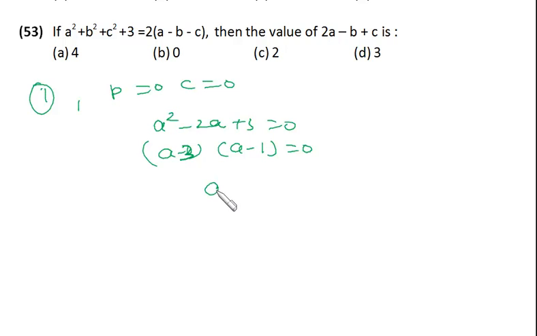Okay, so a is equal to 1 or 3. Now if I put a is equal to 1, then I get the answer as 2 because b and c are 0. Or if I get a is equal to 3, then I'll be getting 6, which is not there in the option, right? So my answer is 2. Alternative method is, see this expression,